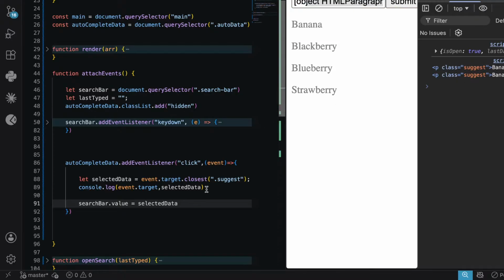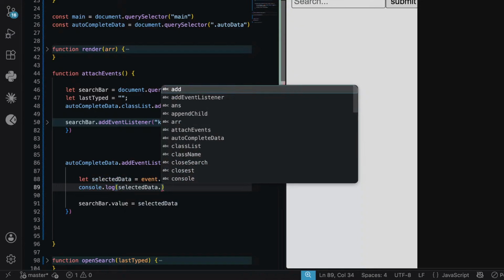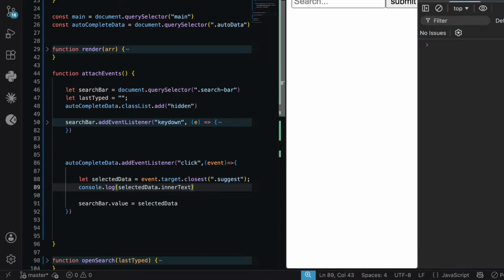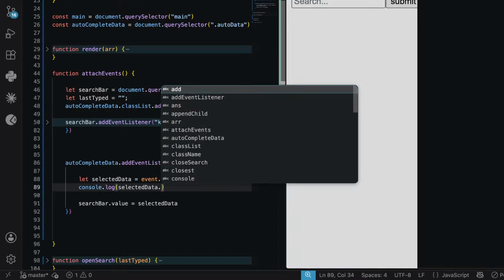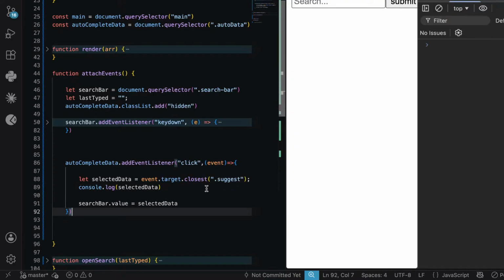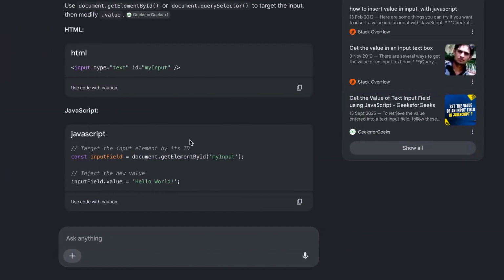So let's see how we are going to extract that data. Let's remove this first of all. So selected data dot inner text, okay. Let's just check how to get the value with inner text. Do we get it? No, inner text will help you add the value, right? We can't extract the data. I can't see the value here either. Okay, let's ask Google itself